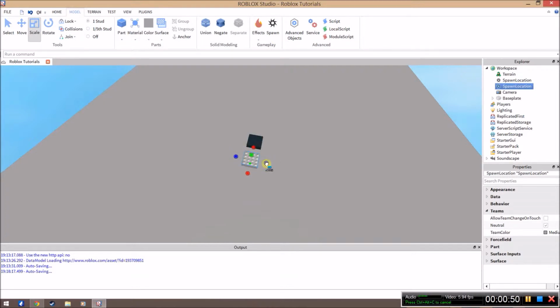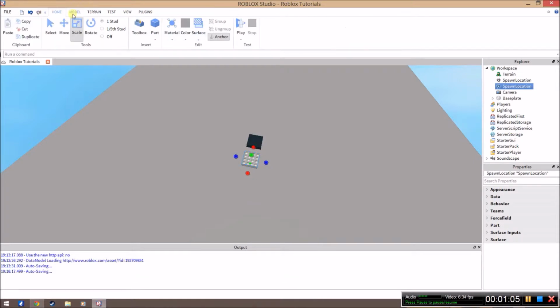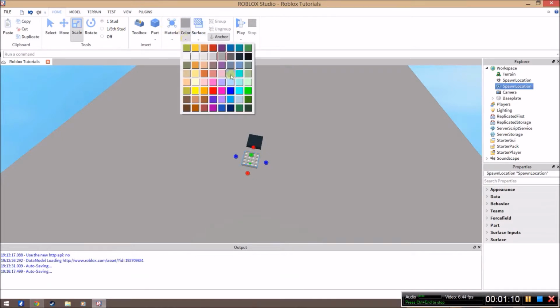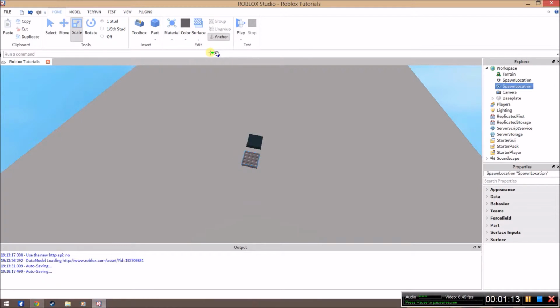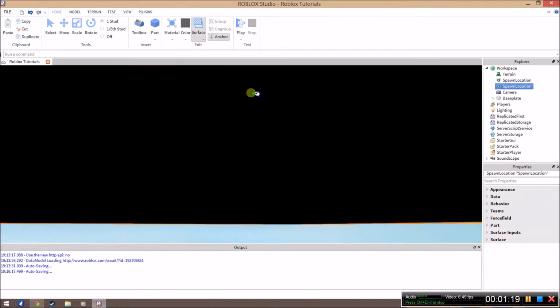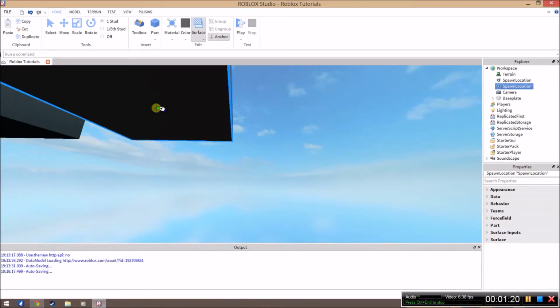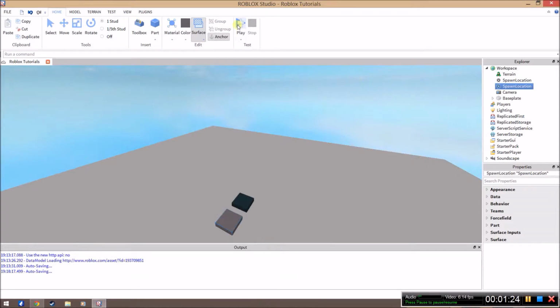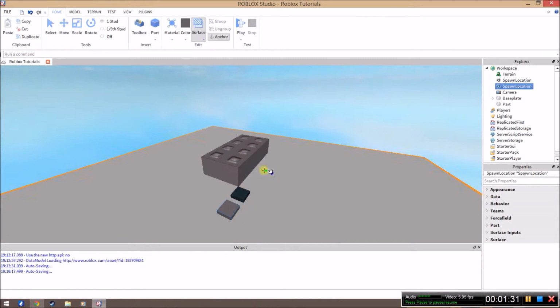Just so you know, any part that is freshly made is always unanchored. So you're always going to want to anchor it. And how you can do that is you can either go over here by model, or even in the home button there's the material to color this, whatever, all of this, the smooth, which I like because it looks a lot better than what regularly is there. So yeah. Alright, first off, what we're going to do is with our spawn, we're going to insert a part